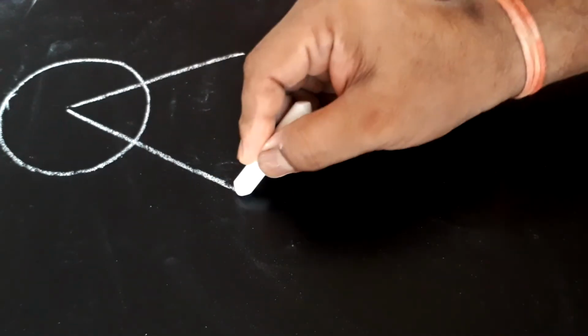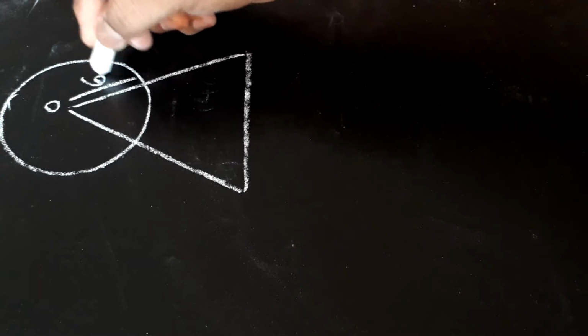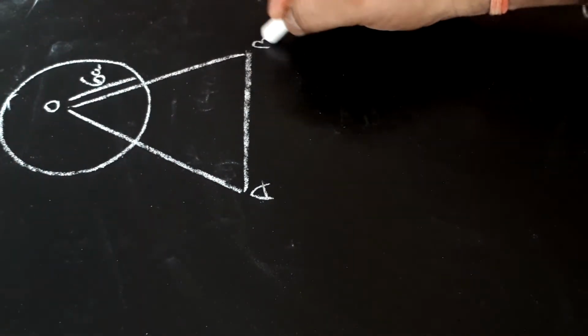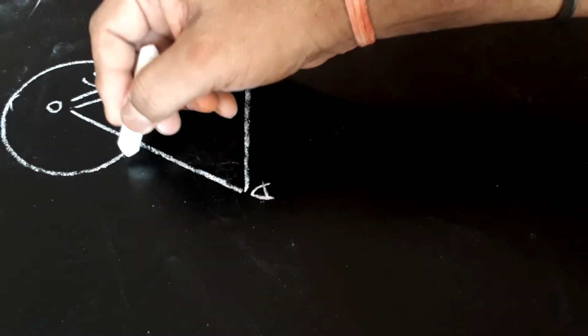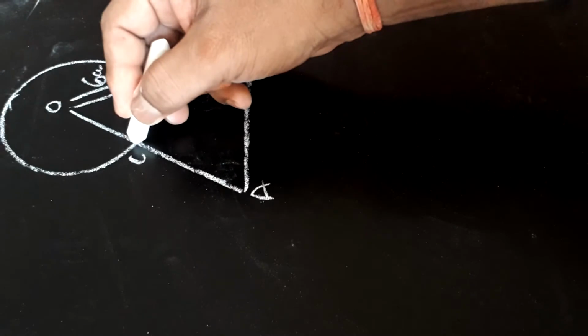Question number 4 we are going to see. I have already made a video of this, but let me explain it again. This is a circle and this is a triangle. It is an equilateral triangle. Here O is the center point, the radius of this circle is 6 centimeter, and the sides of triangle ABO. Let this be C, let this be D. This point D and this point C.